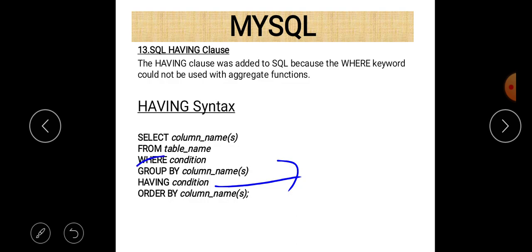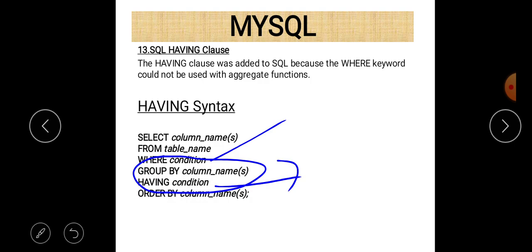So group by and having are used together. If there is a condition related to a group, it should be specified with having. And if there is a general condition related to the command, it should be specified before the group by command.